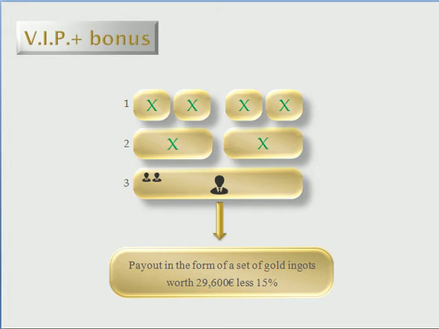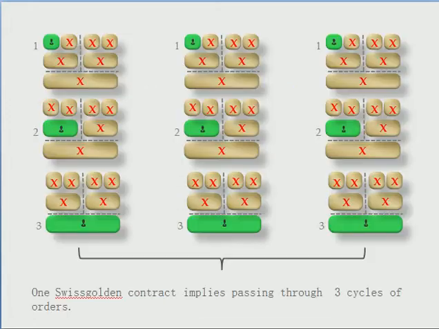So for each of these particular orders that I've mentioned, these 4 orders, which are the gold orders, you complete 3 cycles to complete a contract. That means once you complete one cycle, remember a cycle is when you go through level 1, 2, and 3 and complete the spot when you're on level 3, you go for a second cycle and then a third cycle. Once you complete these cycles, you have completed a contract. So completing one cycle doesn't complete your contract. You need to complete 3 of these cycles to complete a contract.